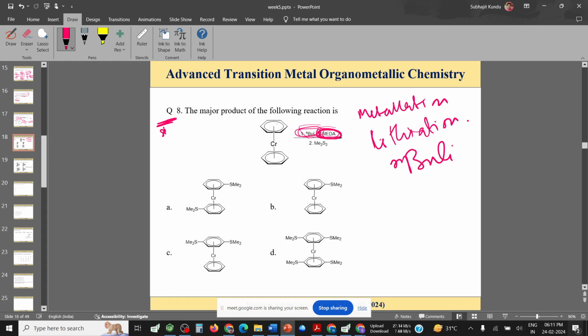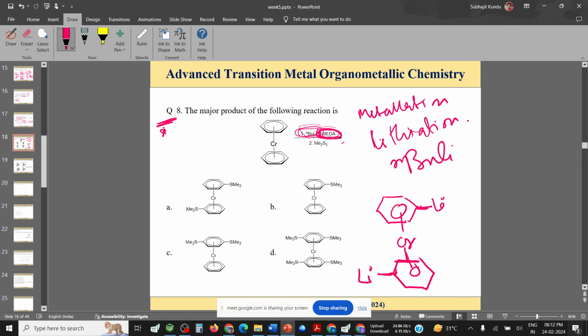What role does this TMEDA play? It not only helps form the monolithiated product, it also helps form the dilithiated product. The TMEDA stabilizes this dilithiated product. So in the first step, what will happen? It will be like this. This is lithium, this is chromium. So this lithiation will happen in the first step, whereby you can generate a nucleophilic center over the aromatic